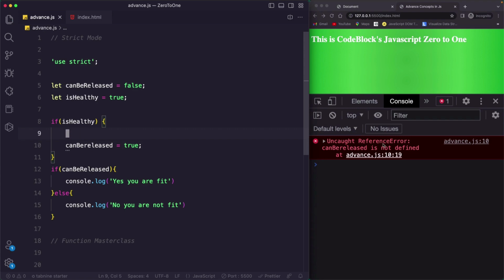So now when I save, you see that strict mode already told us that hey, there is an error, and that is a reference error. Can be released is not defined. So now it figured out. If you ask where, it's advanced.js:10. So this variable is can be released, and now if you observe closely, you will find a difference between the original variable name and the variable that you created. So this is the problem. This is a very minimalistic problem, a very little problem, but with a naked eye it is very difficult to figure out. So that's why we use